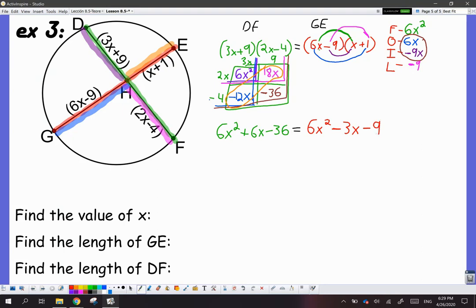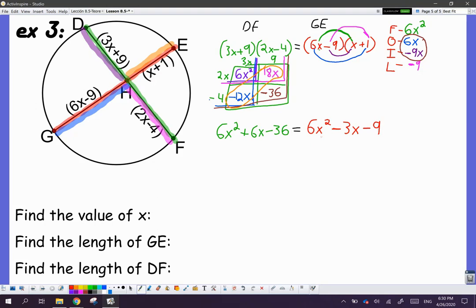Well, that was a doozy, right? But the good part is that we got that part out of the way. So the rest of this is just solving the equation. So let's take a look at our first step, which would be to get the x's on one side, constants